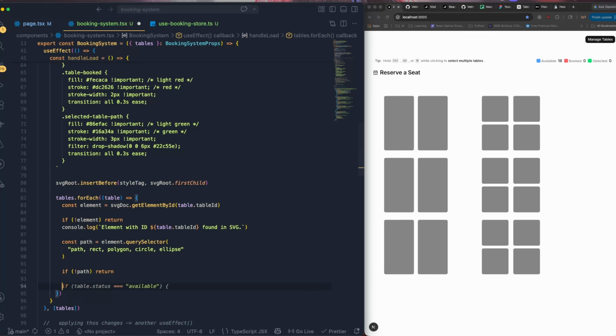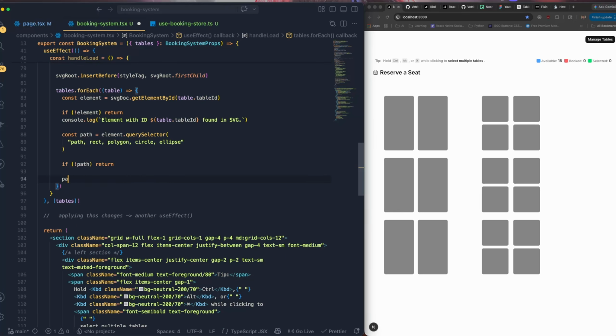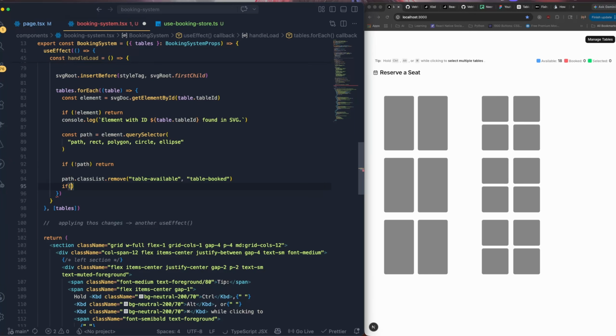Then if it does have it, this is the place where we need to apply the initial color based on the status. So I'm going to say path.classList. Inside the classList, first I'm going to remove the available classes, table-available and table-booked, whatever it is. If either of them is on that particular path, first I need to remove it. Then if the table.status is equal to available,